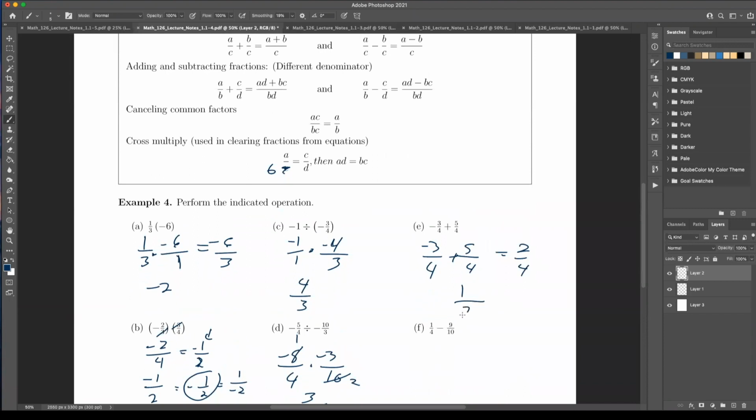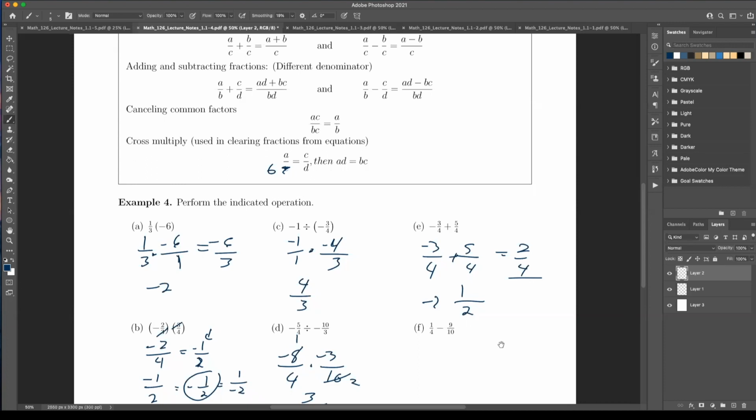So the question is, do you have to simplify fractions? That always is a question for me. Does everyone have to? The answer is no. In this class, as long as you get to this part, I'm okay. However, it is a good practice to always do this. So I won't mark it wrong if you don't simplify, but please do simplify. It's a good practice to do.